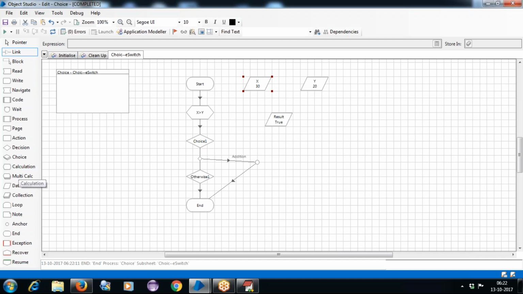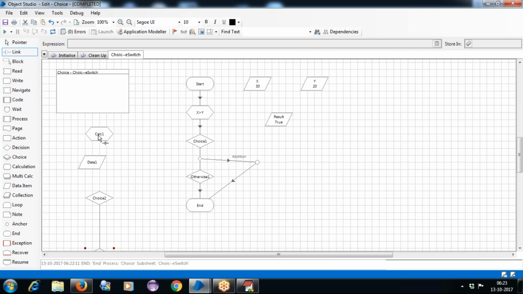So we are understanding how we can work with the calculation, and then the data item, and then the choice stage here. If you understand it, whenever we are working with the calculation, it's like a condition. If I'm taking the choice, it works like a switch statement. The data item is used to store values in particular variables here. Now if I'm taking the calculation, we are able to perform only one single calculation here.